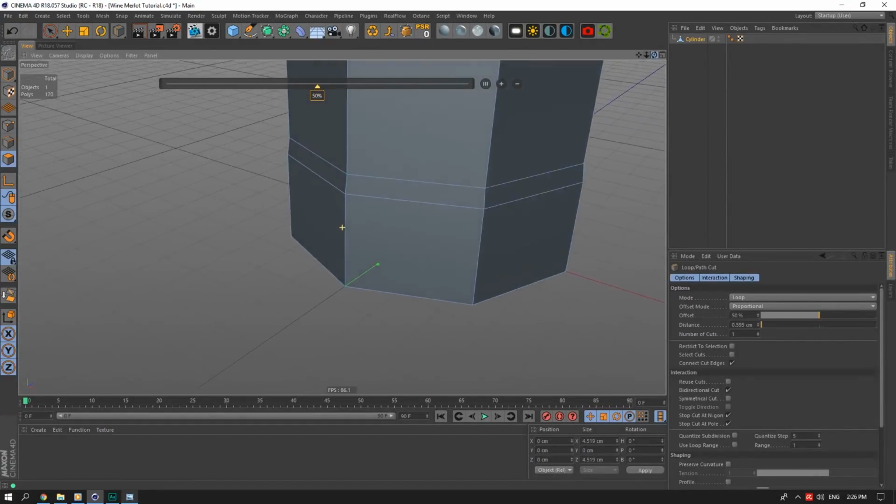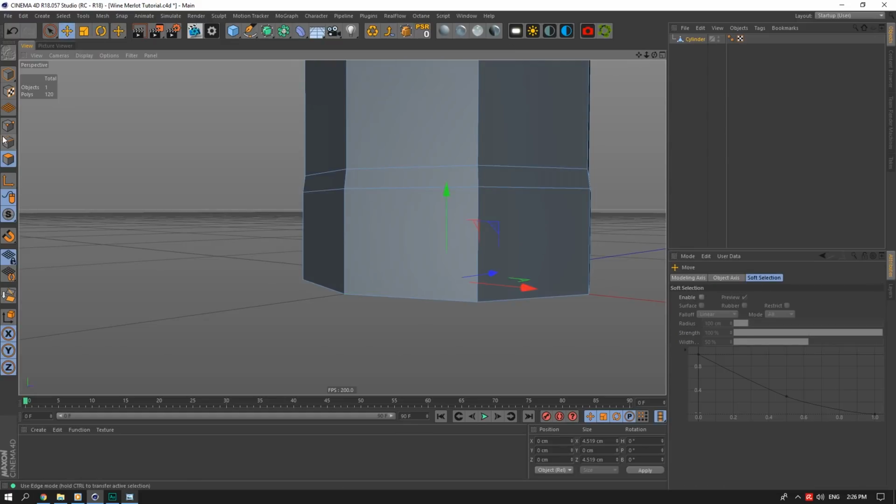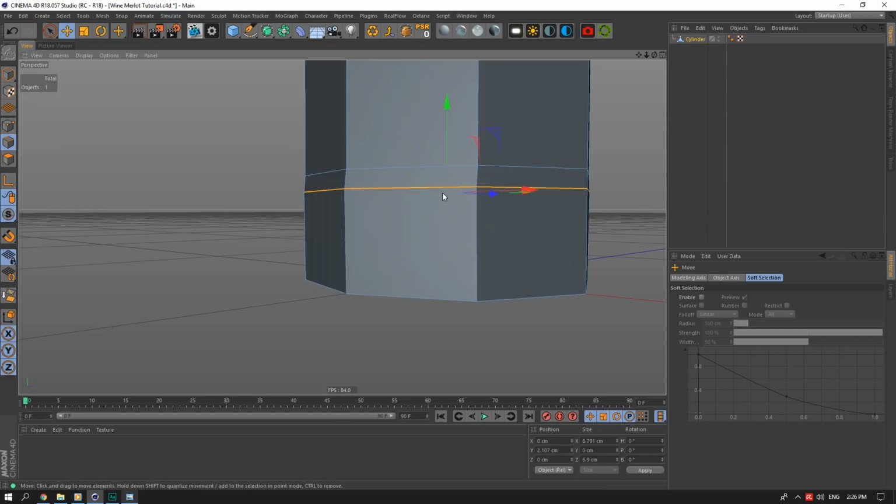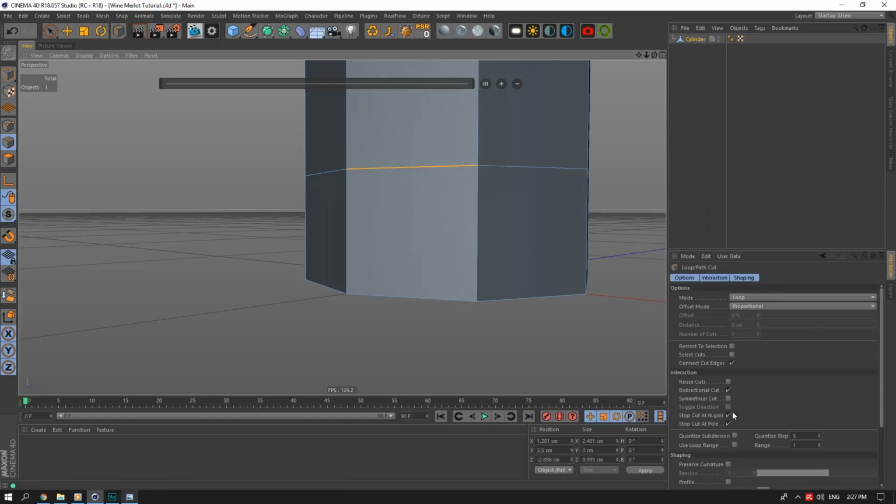But I am actually missing a line here, so I should probably redo this part as well. So I'm just going to copy this, and we will paste, paste, paste, and paste. If I take a look at these, they're all the same size. Get rid of this line and then do this loop here again. So symmetrical